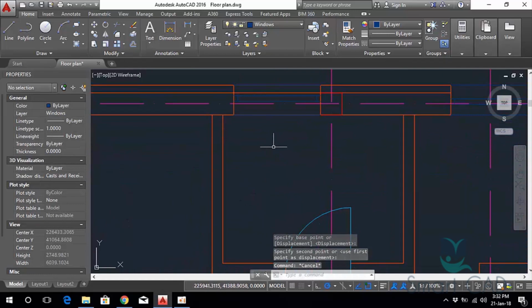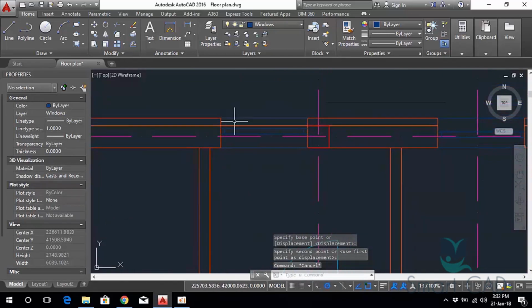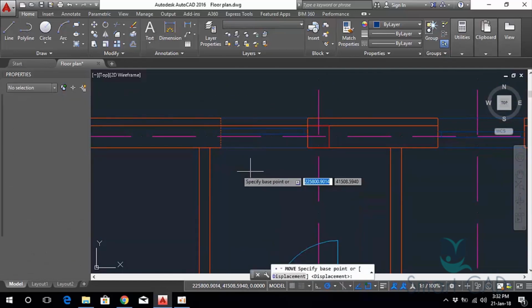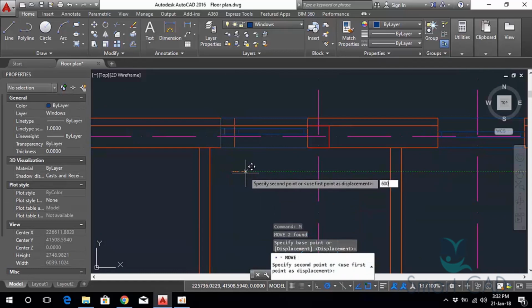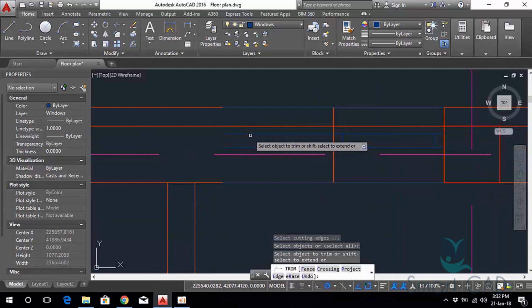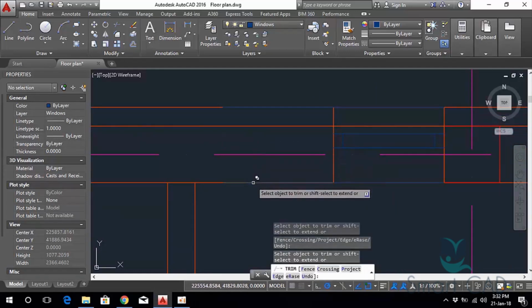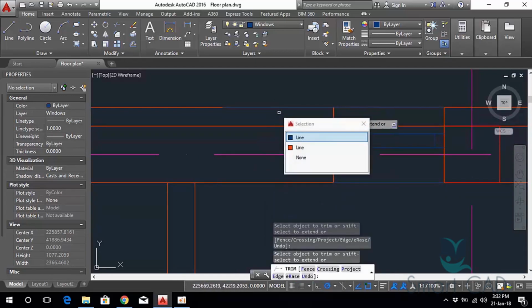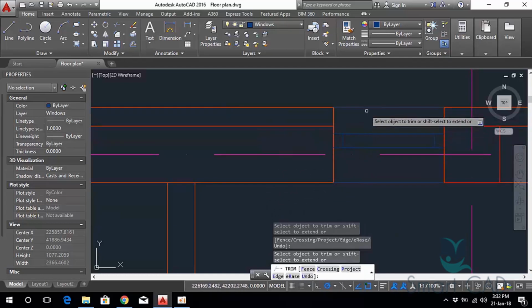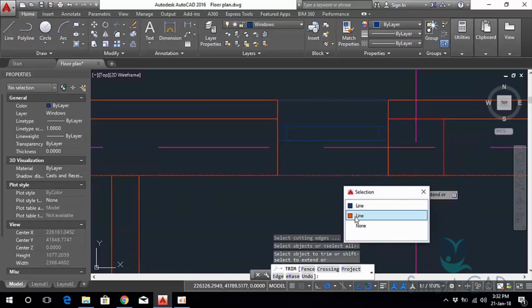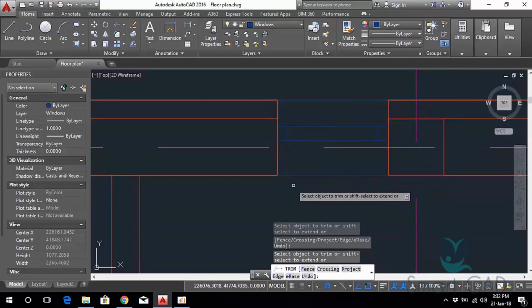Right now my window was 1200 millimeters wide. I'm going to make it smaller, 600, so I'm going to move it to 600 this way. Let's delete this part of the lines. That's it. You see, I have to delete only these lines. Okay, and this one. Let's delete this one too. Okay,